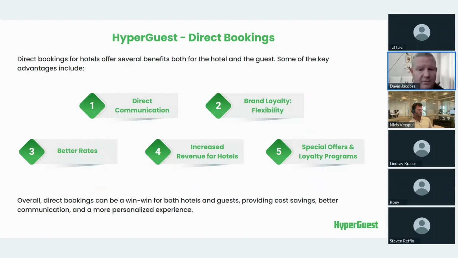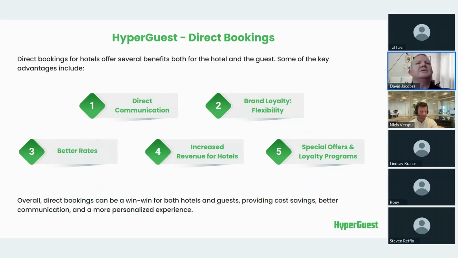Increased revenue. Of course, it's going to increase if you can sell your best rate with low cost per booking. Of course, that's going to increase. If you've already got that brand loyalty, of course, you're going to have return guests. And that's how you're going to get your increased revenue at your property, guest house, your B&B, your lodge, doesn't matter. You will see that increase because of the communication, because of the brand loyalty, the best rate that you have in the market, competitive rates you've got. That's how you're going to start increasing your revenue.